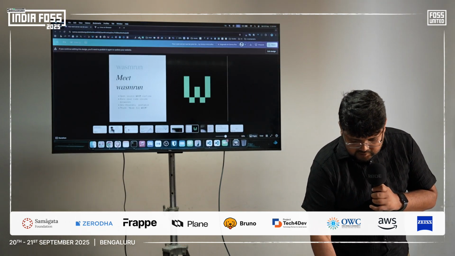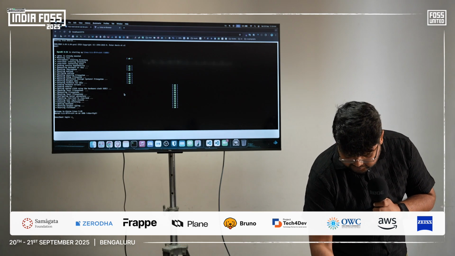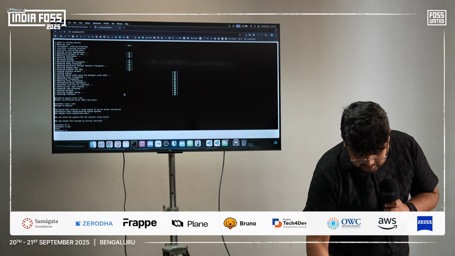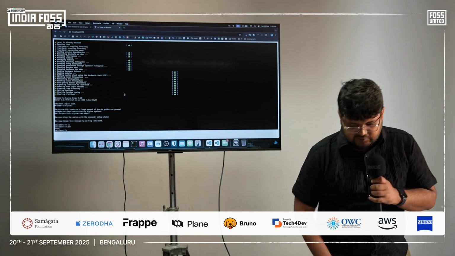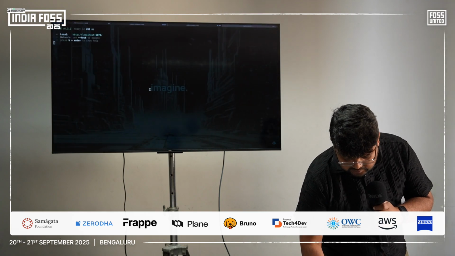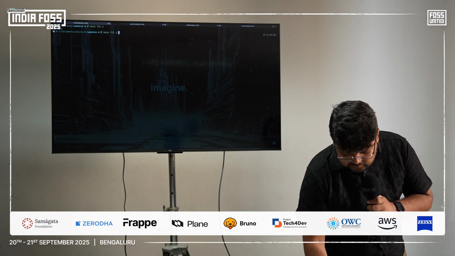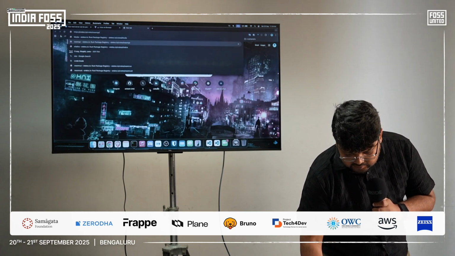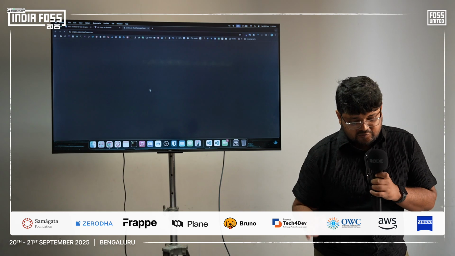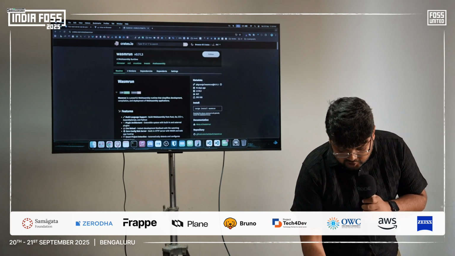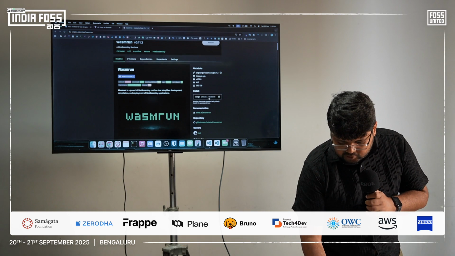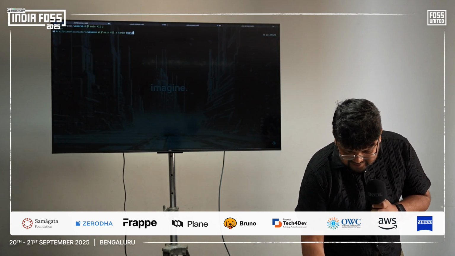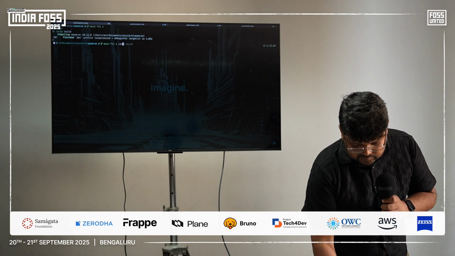I'll just show a very quick. So this is basically the Linux that is up, and all the commands supported with Alpine Linux will essentially work here. Now let's see. Okay, just close this. So WasmRun is obviously available on a crate. It's written in Rust. So if you want to contribute to it, you're most welcome. You can install it with cargo install wasmrun. I'll just run a local copy of it.